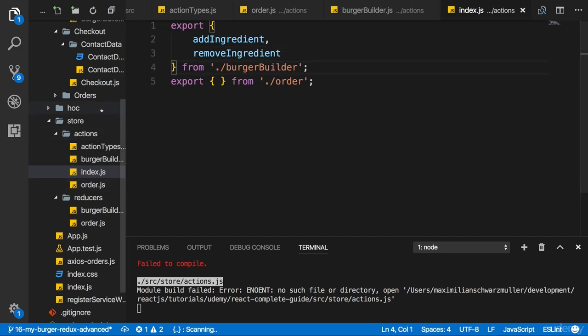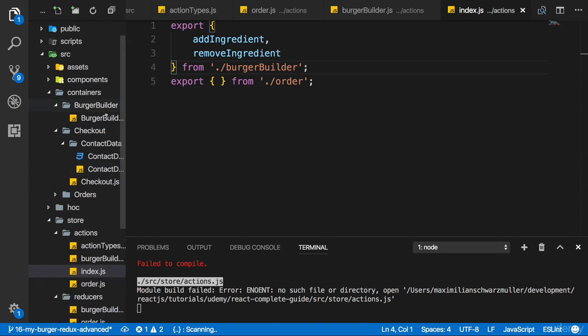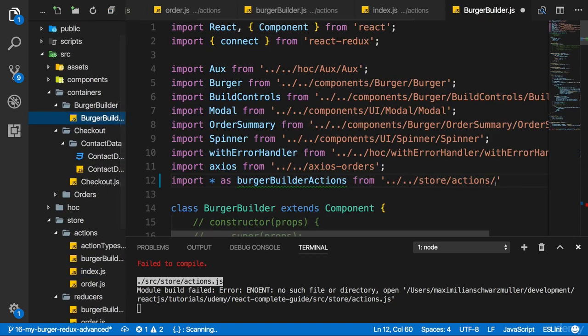So now with that index.js file existent, I can go back to the Burger Builder container and adjust my import to point to actions index. Actually, due to our workflow setup here, you can even omit index. It will automatically pick the index.js file if you point at a folder, but I'll be very clear and add it. But again, index could be omitted here. With that, I got that Burger Builder Actions object in the Burger Builder container file.